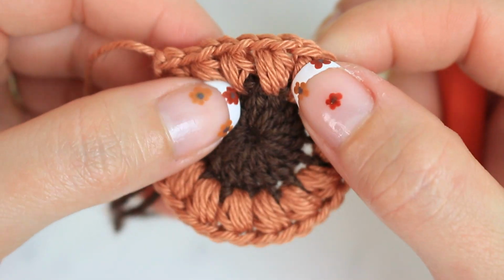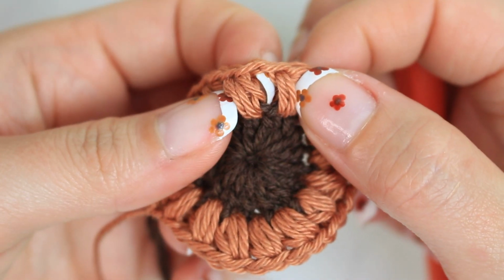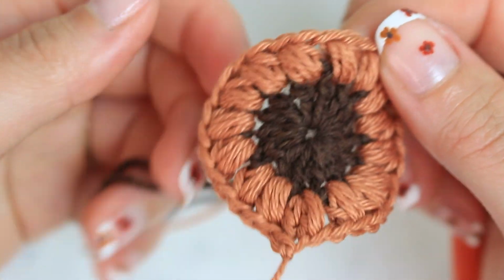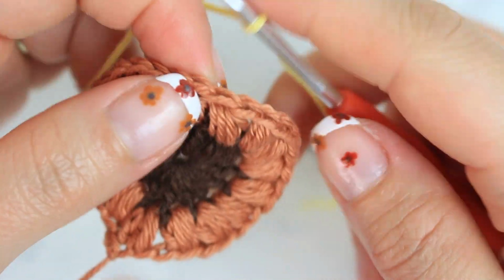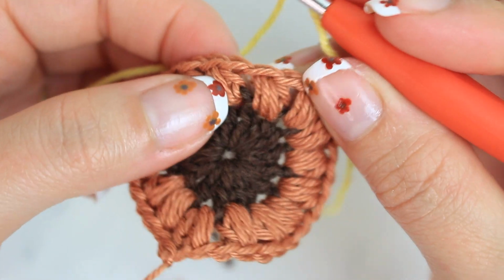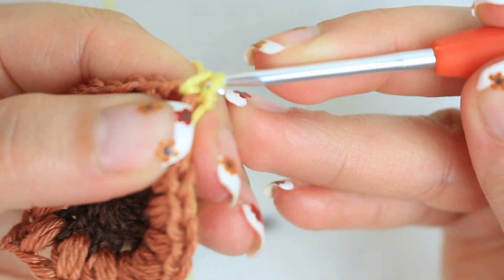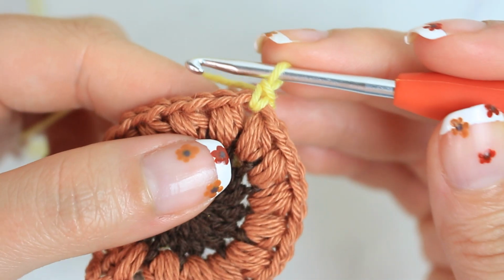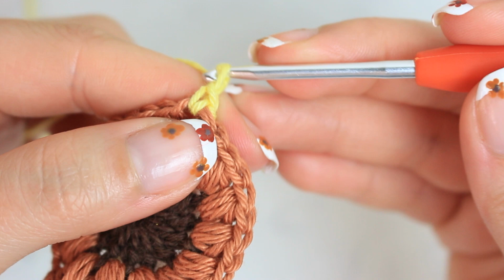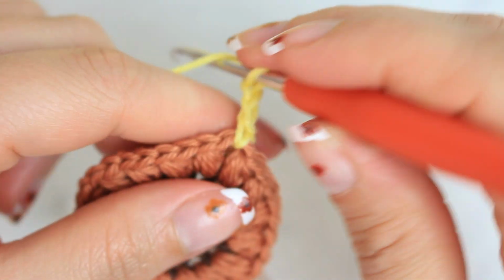We are going to be attaching in between the puff stitches, right on top of the chain 1, any chain 1 that you want. I'm going to be doing here. So go through any chain 1 that you want and attach your yarn in place. So now to start with our 4 double crochets cluster, we are going to first chain 2, and then we